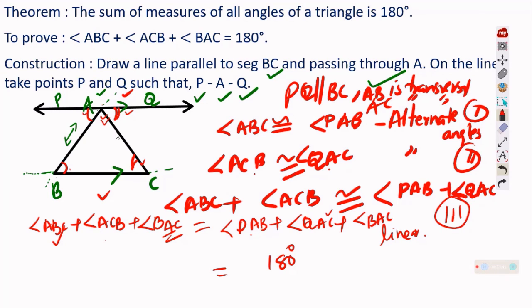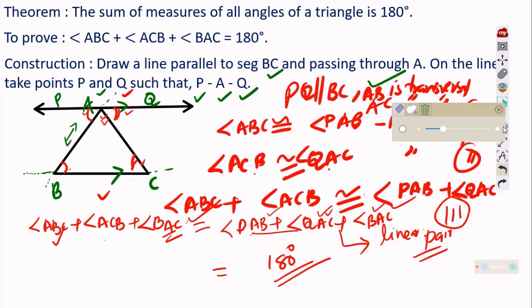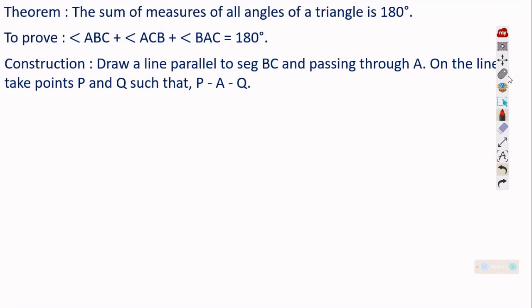So that is what is asked to prove. We are asked to prove the sum of interior angles of a triangle is equal to 180. We proved it starting with the parallel line, starting with the transversal. That was the task. Understood? So we can prove the interior angle sum of a triangle is equal to 180 using the principle of parallel line and transversal. We got ABC, ACB and BAC is equal to 180. So be very clear about what it is. We'll go ahead. Before going ahead, let me clean the screen.